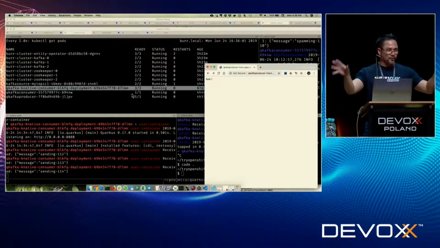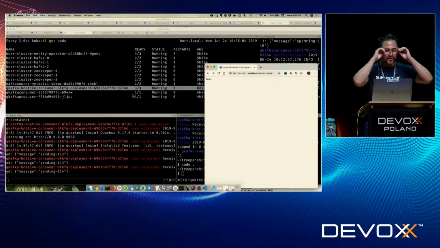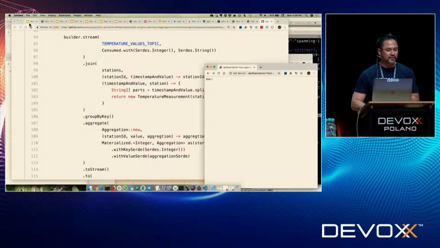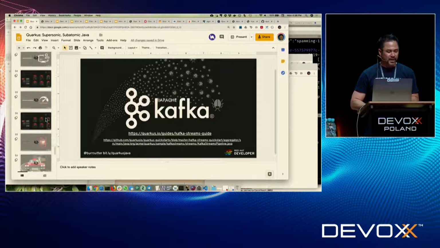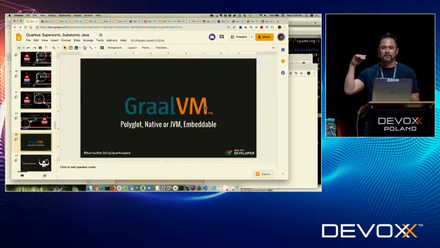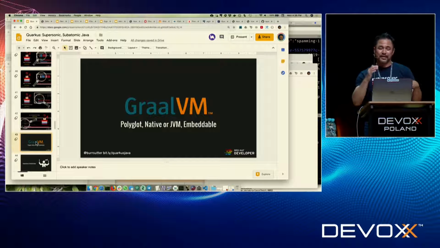My whole point with this is we want you thinking about this new world of Java where things have to dynamically scale up, things have to dynamically scale down, things have to use a little bit of memory instead of a lot of memory. And again, you can compile this down to native, and these are all native executables based on GraalVM. There's a deeper dive presentation on this later this week. Definitely check that out. But that gives you the ability to do some really interesting things.